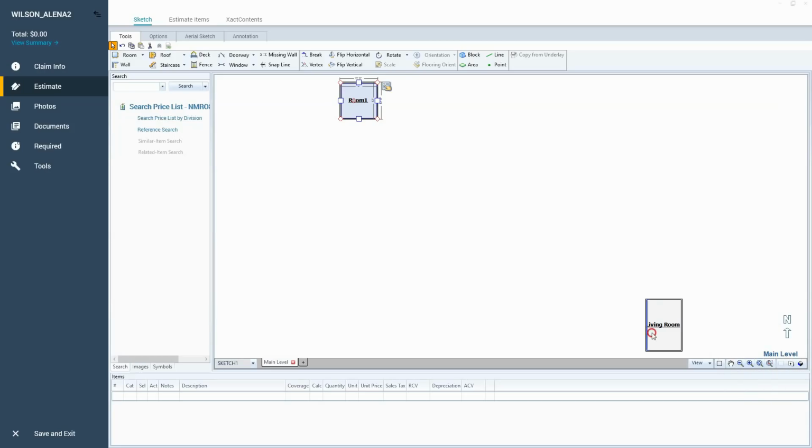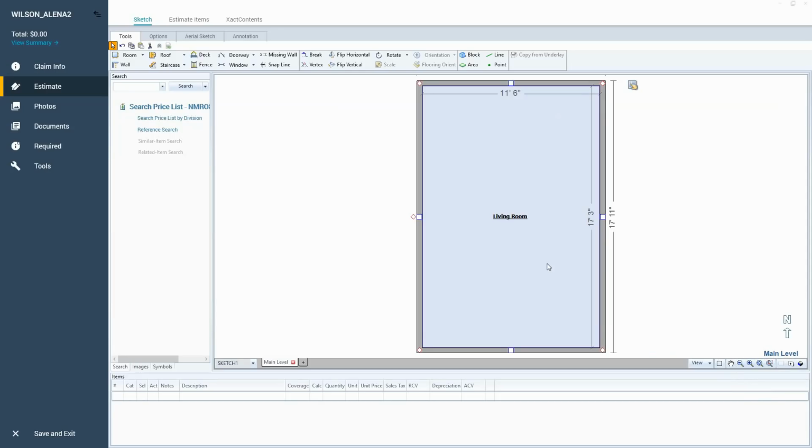Like, oh, there's my living room. What is this room doing? I can just delete that off. So I can right click and delete this bad room and go back to the living room. And I can shift minus. All right, so those are some tips there just as a beginner. I know it's a lot of information, but that will help you get a good grasp on Sketch here in